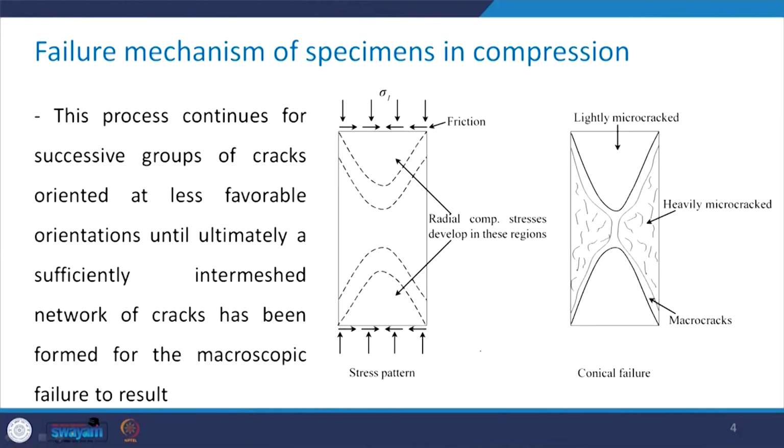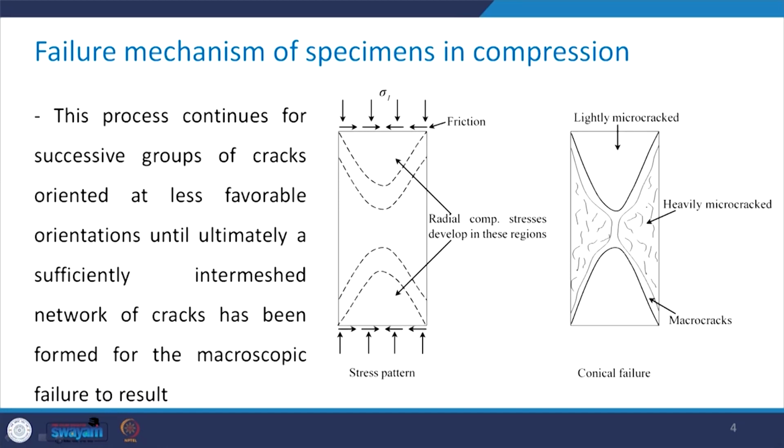So almost all the cracks which were earlier randomly oriented throughout the specimen, with the increment in the applied load, will all branch and align themselves in the direction of the applied load. Ultimately, a sufficiently intermeshed network of cracks will be formed, and that would lead to macroscopic failure. Okay. So, you see that here in this figure,